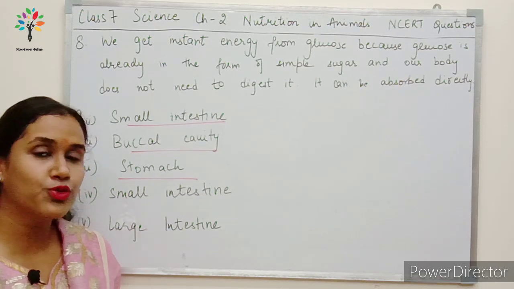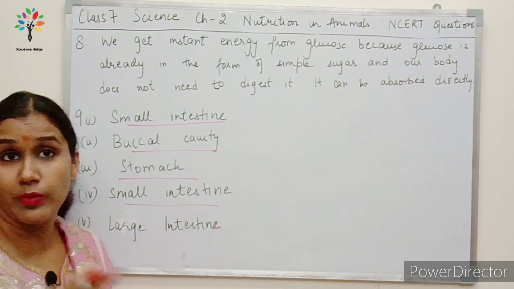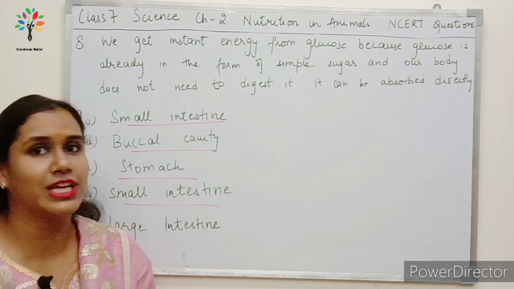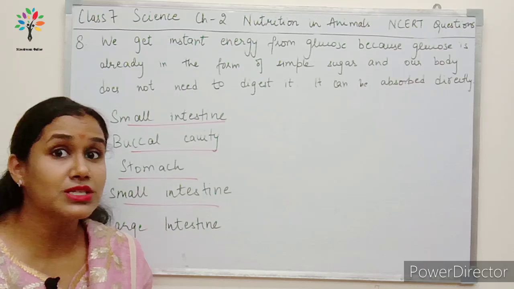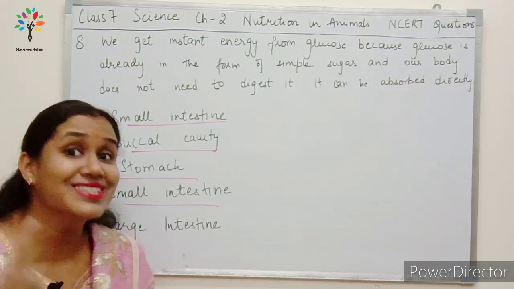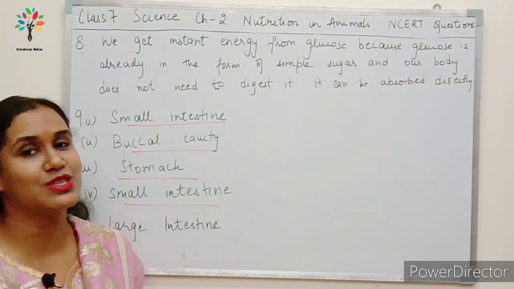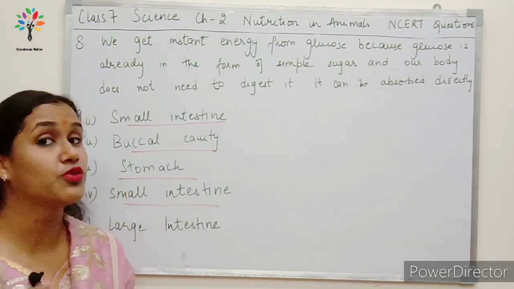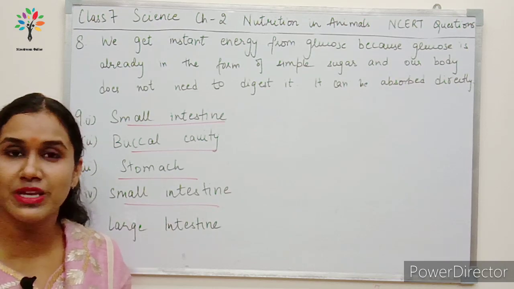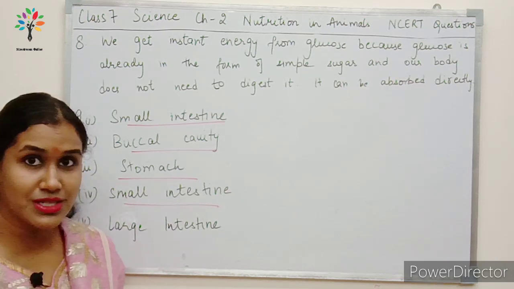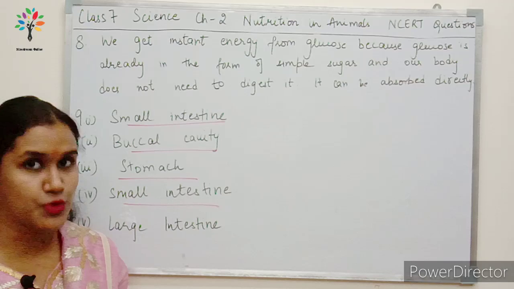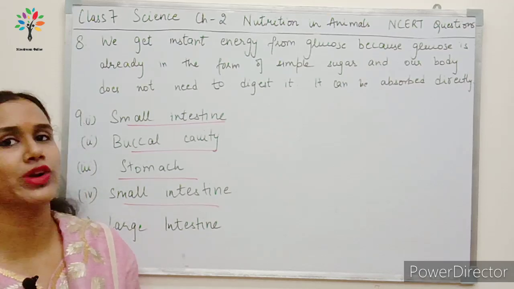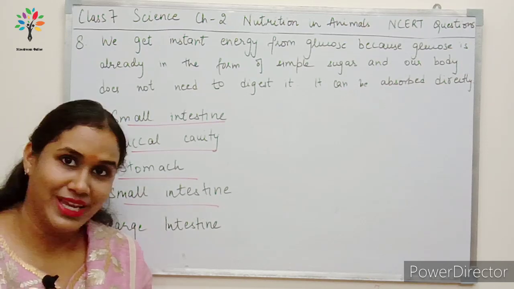The next is complete digestion of the food, which takes place in the small intestine. You might remember that we had discussed it. The complete digestion of food takes place when the small intestine releases or secretes the intestinal juice, which helps in the complete breakdown of the food. The next one is formation of feces. Where does it take place? It takes place in the large intestine, where all the water is absorbed and what is left is a semi-solid feces, which is then stored in the rectum and ejected by the anus.